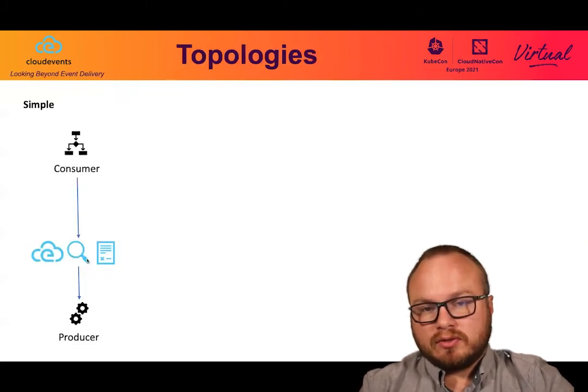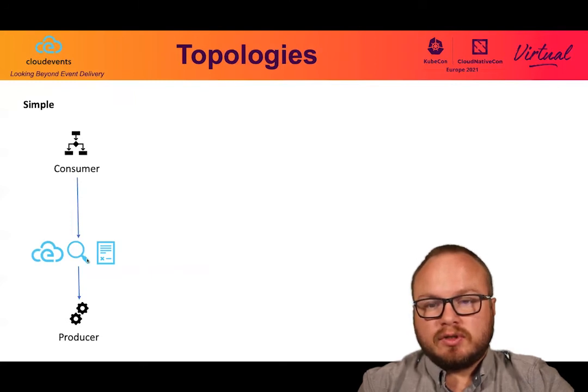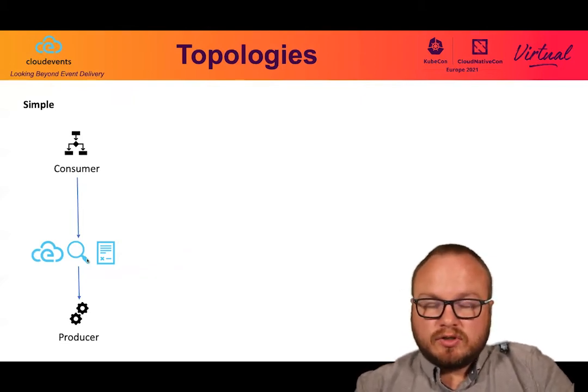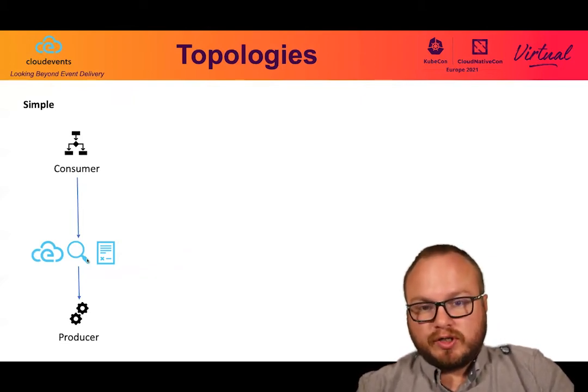Finally, let's go back to the interoperability. With what we saw, we can definitely have different types of topologies. One, pretty simple: the consumer is sitting next to the producer and the producer exposes both the discovery and subscription APIs, and then the consumer just uses those APIs and retrieves the CloudEvents through the normal network.